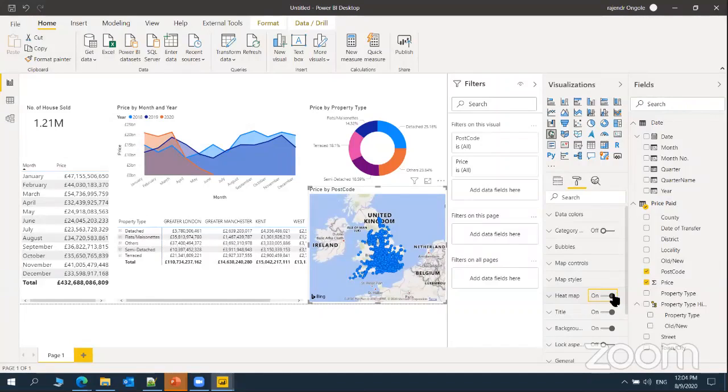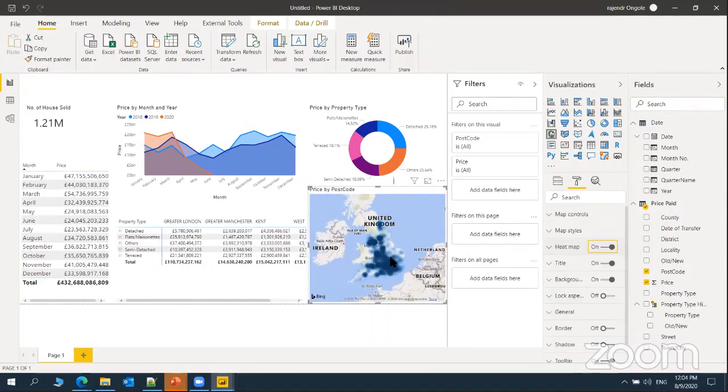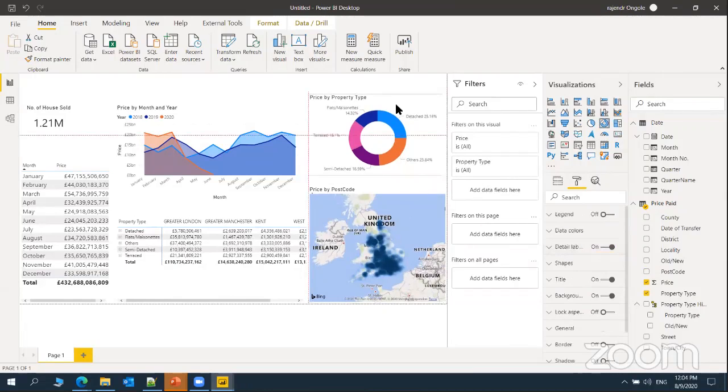I just enable this heat map so that automatically instead of bubble we are going to get it as a density, where the most areas have the highest prices, and others where the occupation is more. This information we can navigate by using heat map. So in this way we can generate the reports.